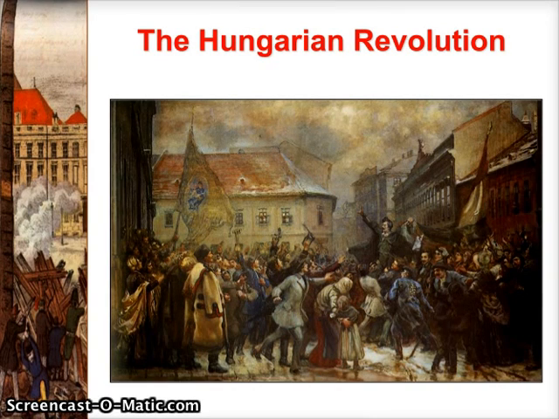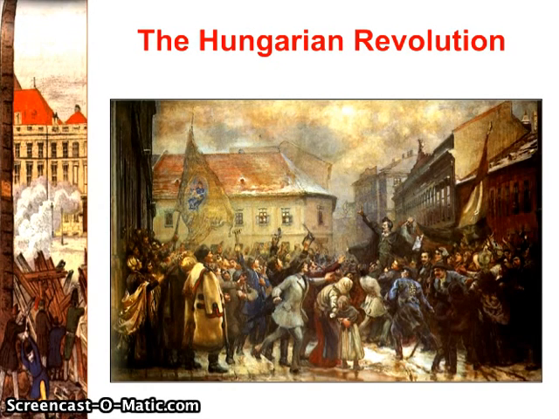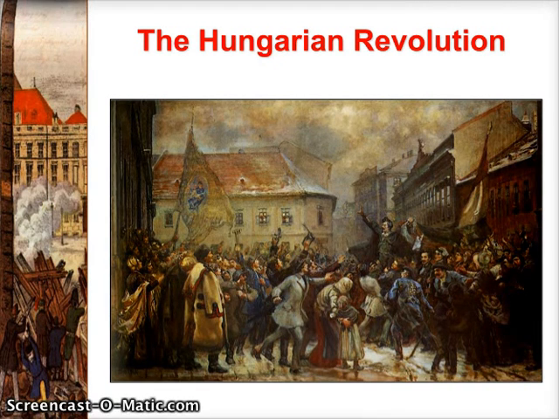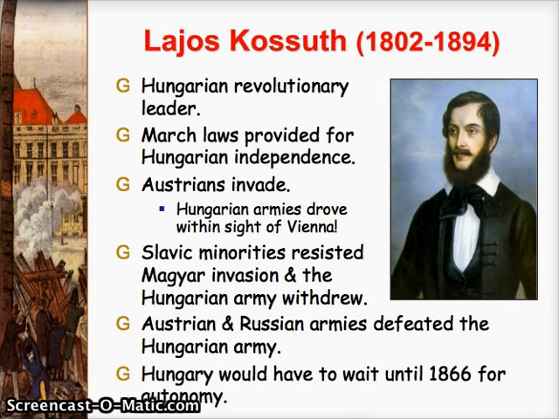Now, this doesn't mean that Joseph had a completely easy reign. One of the first things that he has to deal with when he becomes emperor is a Hungarian Revolution. So this is led by Lajos Kossuth, who's a Hungarian revolutionary leader. And what happens is